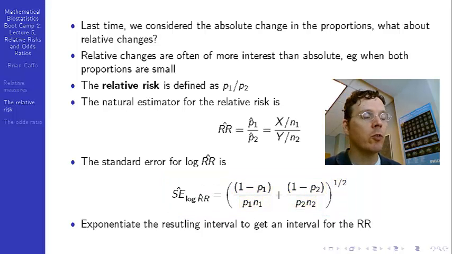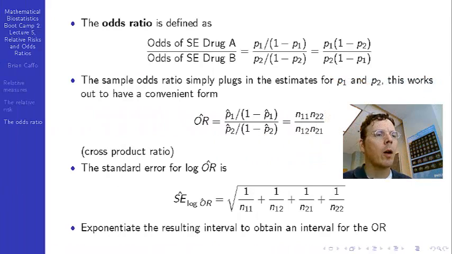So what you do to create a confidence interval for the relative risk is you log the estimated relative risk, you add and subtract a standard normal quantile multiplied by this standard error of the log relative risk. That will give you a confidence interval for the log relative risk, and if you then want a confidence interval for the relative risk, you then exponentiate the endpoints. Okay, so